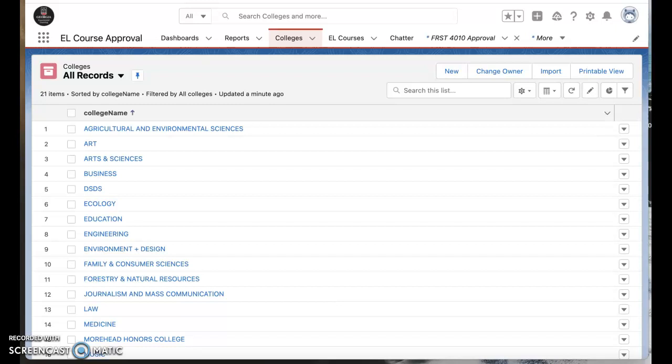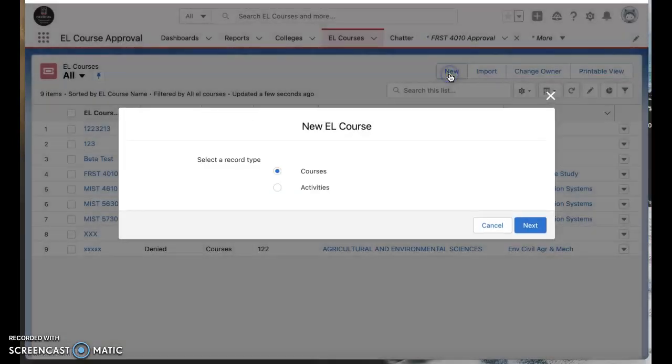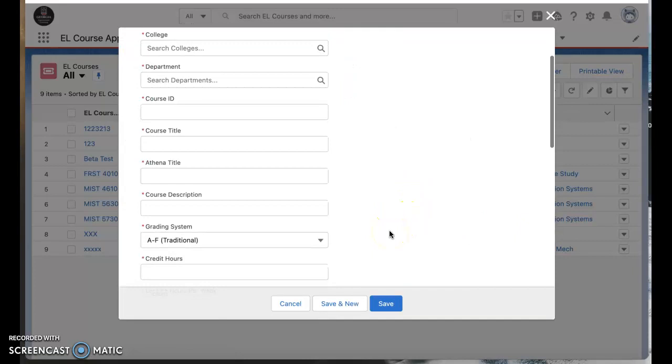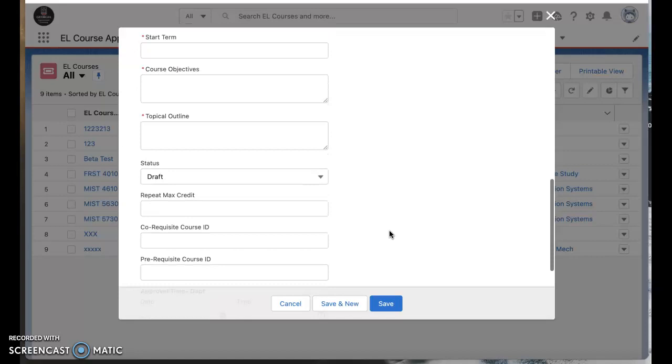Since the new data import changed the structure of our approval process a bit, we would like to show our updated EL course request form, where users can enter a request for a new course, which initiates the approval process. Under the EL Courses tab, the user can access the input form, select whether they are entering a request for an EL course or EL activity, and then enter in the course information. All fields in the form are required with the exception of status, repeat max credit, co-requisite course ID, and prerequisite